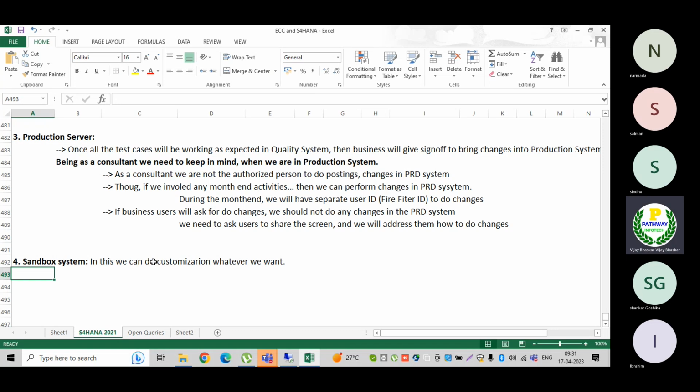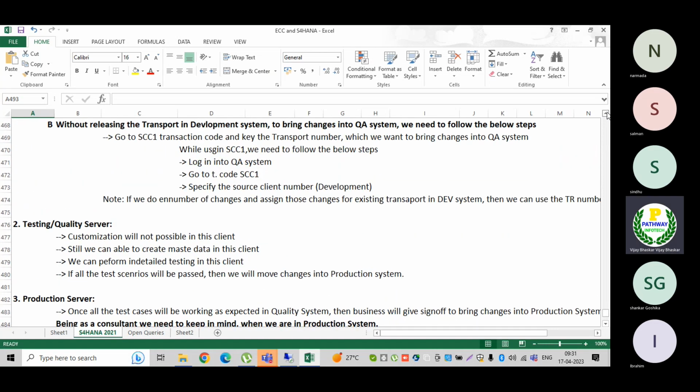When I say whatever we want, in the client specific development system, you should not do your own customization. Say you want to create some new company code apart from your client specific requirements. Then you should not make your own changes in the development client. Testing also you should not do, and you cannot bring those changes from development to quality system.